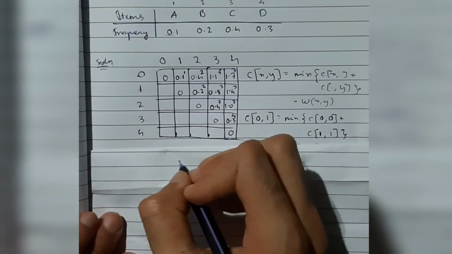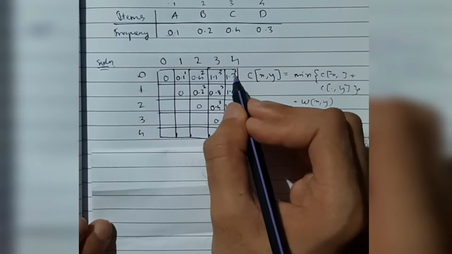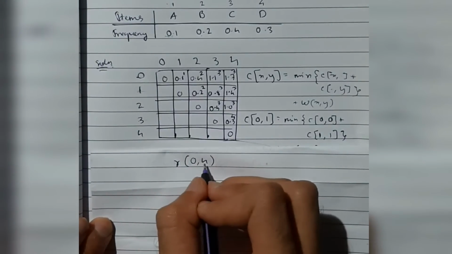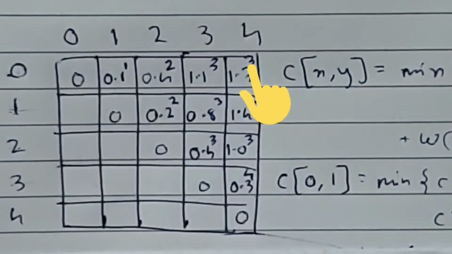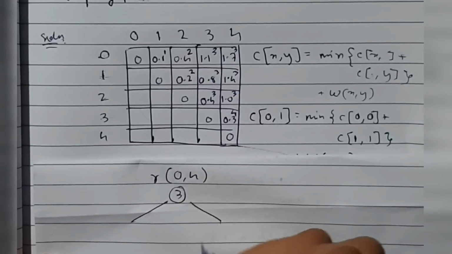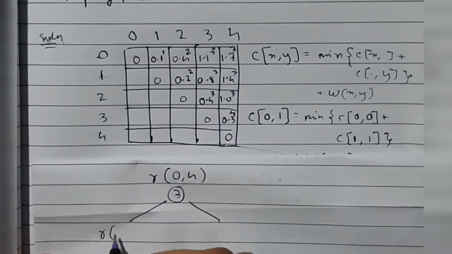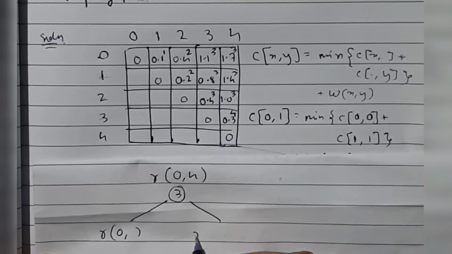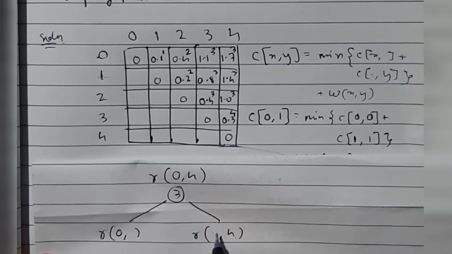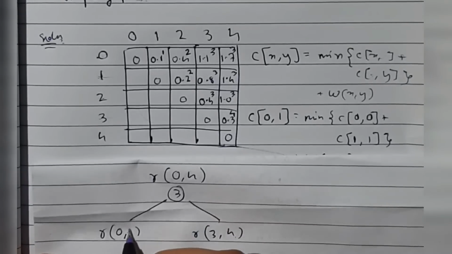Now once you are ready with this table, constructing the binary tree is very easy. See here, what number we have here? 0 and 4, right? First write here r of 0 comma 4. Okay, and r of 0 comma 4 corresponds to the number 3 here. So write 3 and make a circle here, and make two branches here. Okay, and in the first branch I'll write the same thing as 0 comma something and something comma 4. From this 0 from here and 4 from here, and I'll be filling this blank with the value 3. If I fill here with 3, I'll fill here as 2.